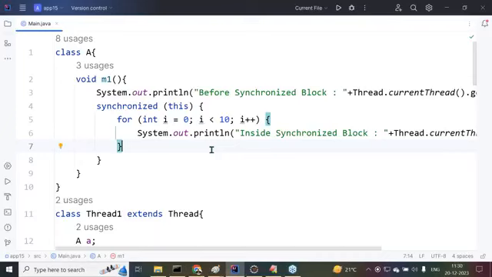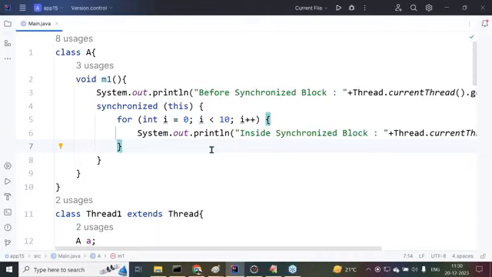But observe carefully what type of output we are expecting from this program. Our output would be like: before synchronized block thread 1, before synchronized block thread 2, before synchronized block thread 3.